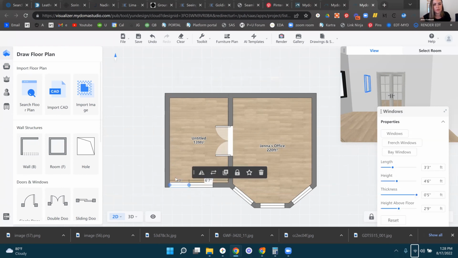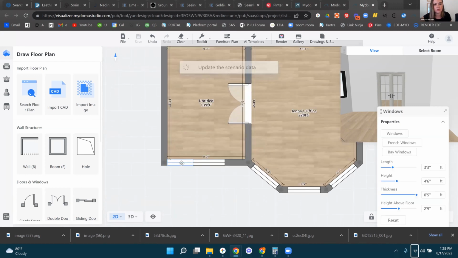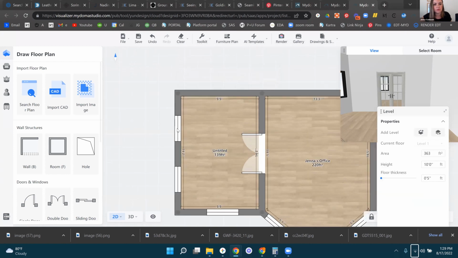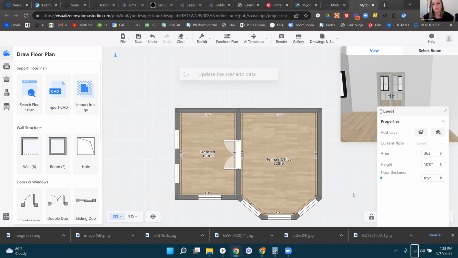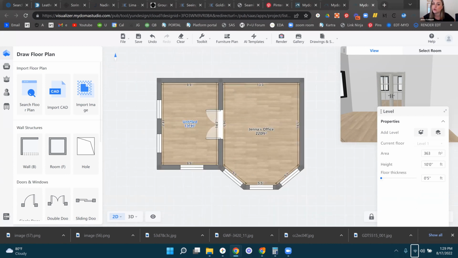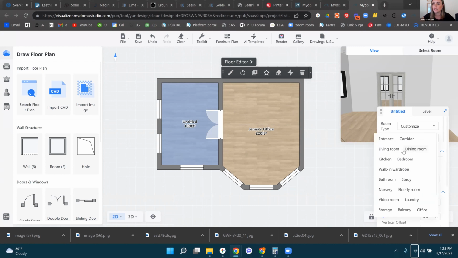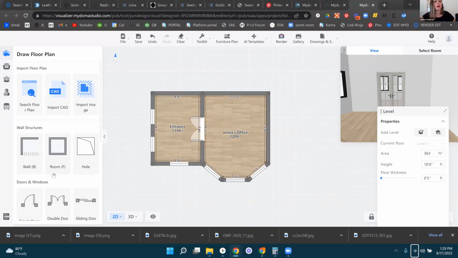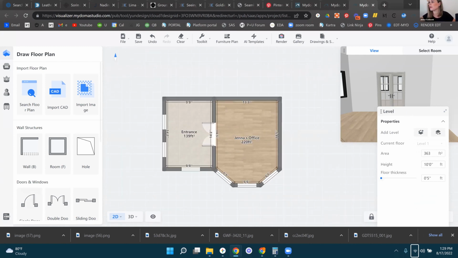Okay. And they just slide really nice too. So if you had to add a few and just slide them up and down the wall, you can do that. Okay, so there is our floor plan. Let's pretend like this is an entrance. Perfect. There's a little entrance for us. Okay, so there is our floor plan. Measurements, we have that. We have that. I'm just checking my list, make sure we don't have anything missing. Okay, so let's get to the